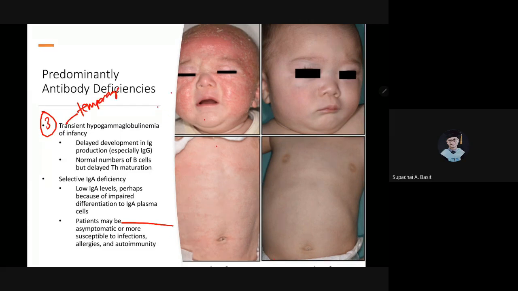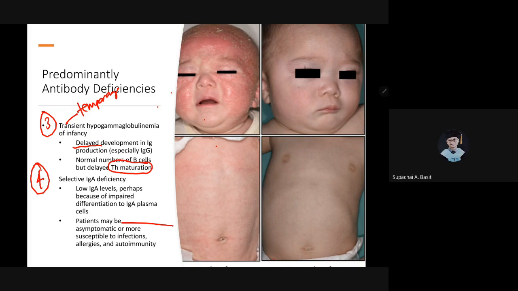So it is not something that is permanent, which means that there's only a delayed development of immunoglobulin production, especially IgG. So here you have a normal number of B cells, but delayed maturation of T helper cells. Okay. So I think this one is much better as compared to X-linked Bruton's agammaglobulinemia. And then the fourth one is the